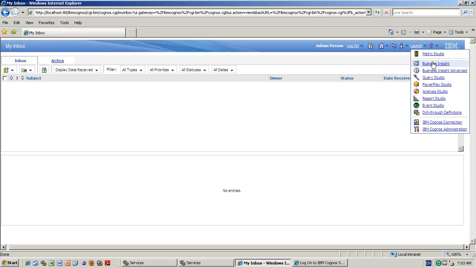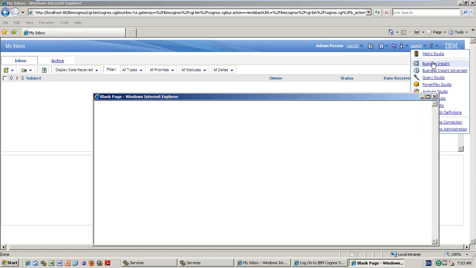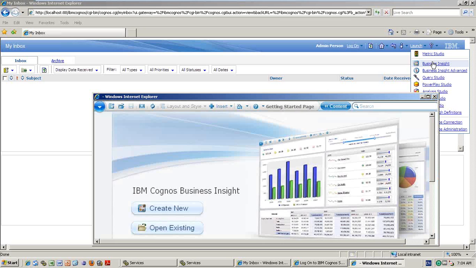Is Business Insight asking for the package when you are trying to open it? What exactly is it asking? It is not asking which package you want to open, because in Business Insight you are not going to take any columns. You are not dragging. You are simply using My Folders and Public Folders, and dragging and dropping whatever reports are already available.